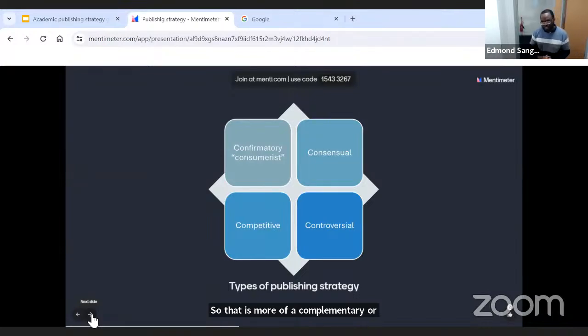Then there are what's called consensual studies. Throughout my career, I've taken part in 3 consensual studies. The first one, I was invited by a professor from George Mason University, where we looked at legislative science. In total, we were around 70 authors from across the world, right? All of us talking about legislative science advice in our different countries, in our different contexts, right? So it became a consensus amongst us, right? That this is the state of legislative science advice in the world. So it's more of a consensus paper.